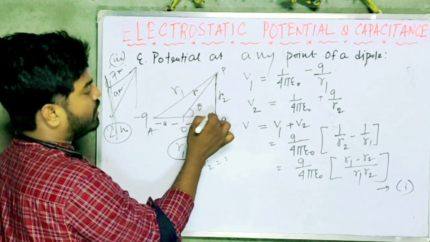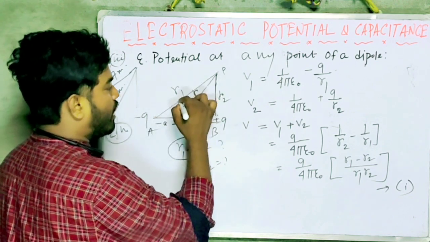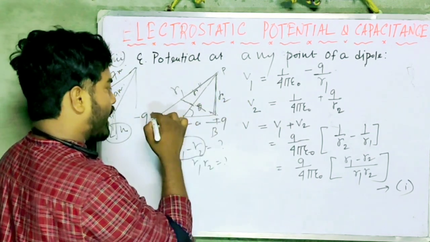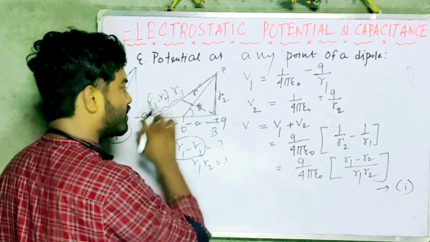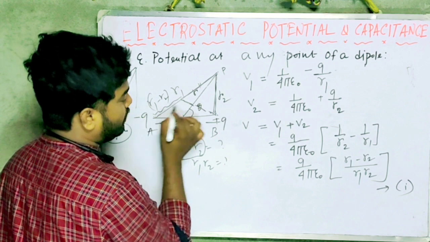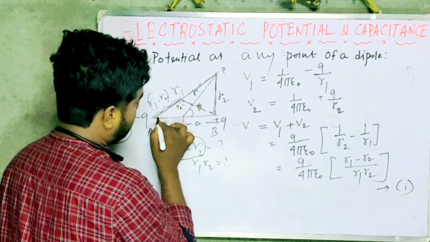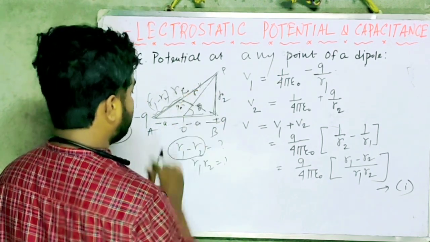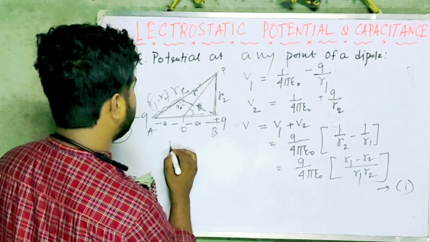So here R1 is greater than R2. If we draw this line, then up to this portion and this portion will be equal and this portion will be R1 minus R2. This is the path difference. Okay, so now question is, what is the value of R1 minus R2? This angle is 90 degree. This is the base, this is the hypotenuse. So if we consider this point C, from triangle ABC,